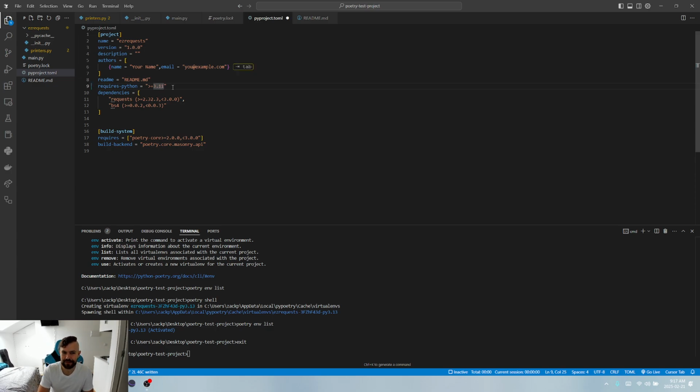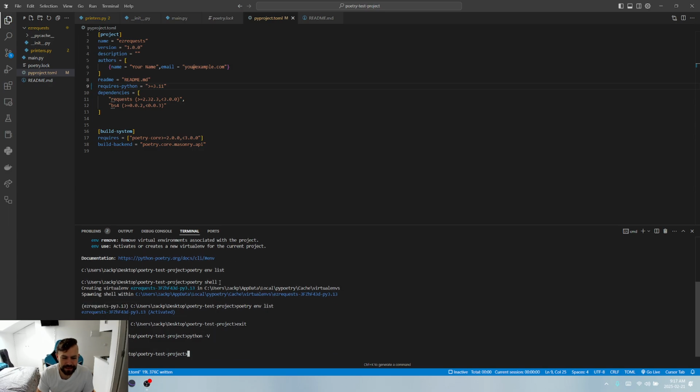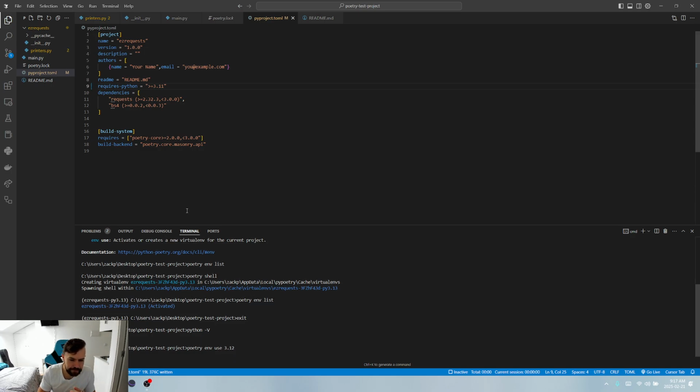You can either put it on 3.12 or 11. And if on your system your default Python command goes to the latest version, you can write the following, and poetry should work with that version, assuming you have it installed on your system, at least on Windows. So poetry env use 3.12 or whatever the version is,